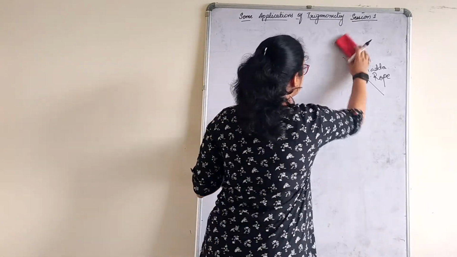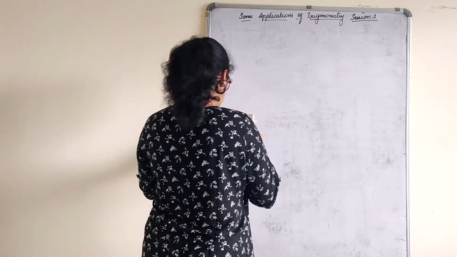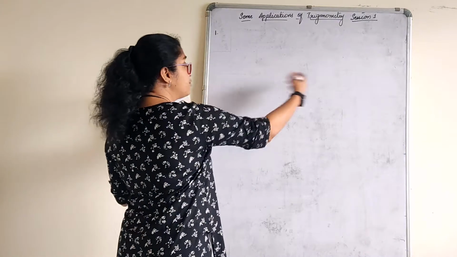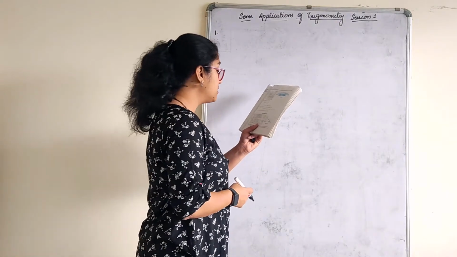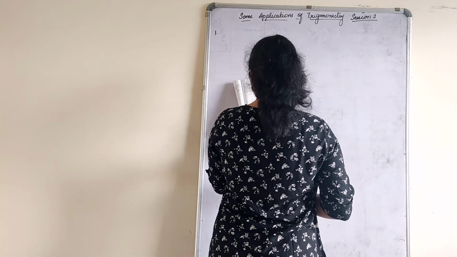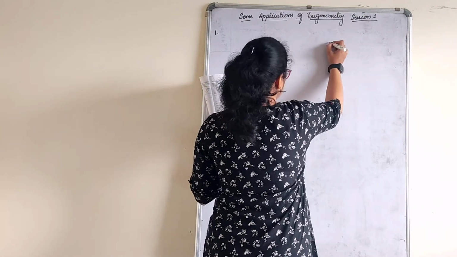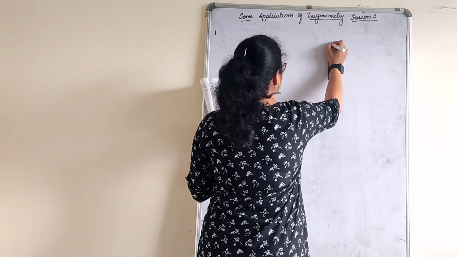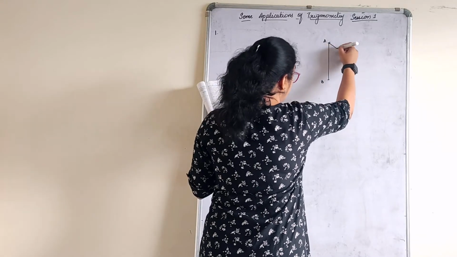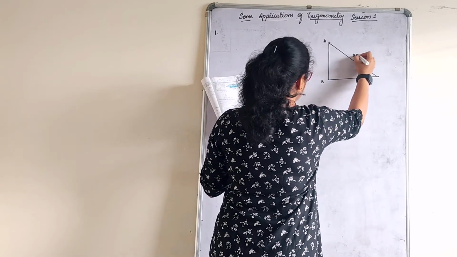So, the figure is given, then well and good, very easy enough to do it. A circus artist is climbing a 20-meter rope. As in when we read, we have to go with the figure here. A circus artist is climbing a 20-meter rope which is tightly stretched and tied from the top of a vertical pole to ground. That means we have a vertical pole. So this is AB, the vertical pole tied and stretched to the ground. So what is that? 20 meter.